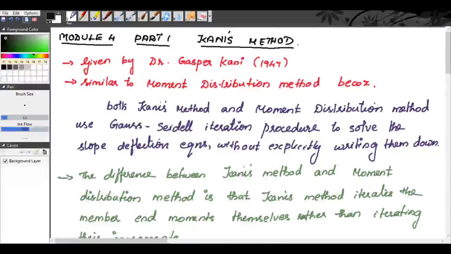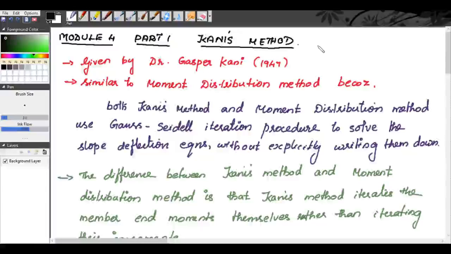In the first chapter, in our unit 1, module 1, we saw about Clapeyron's theorem of three moments and how to analyze the problems using Clapeyron's theorem of three moments. In the second module, we saw about the slope deflection method. So by using the equation 2EI by L, MFAB, that is moment at A when the far end is B, is equal to fixed end moment